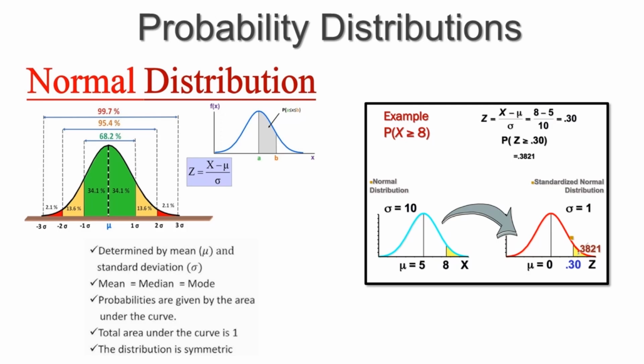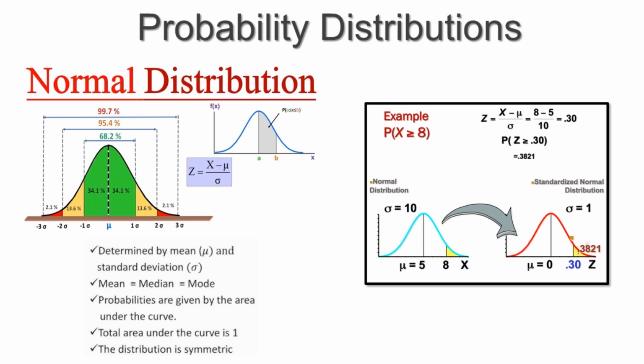Next, normal distribution. Normal distribution is a symmetric distribution. They will give the data point only, like probability of x greater than 8. The data point they will give, you have to convert using the formula. You have to find the z value. Z is x minus mu by sigma. X is the data point, mu is the mean, and sigma is the standard deviation. Don't confuse this formula with the inferential statistics formula, the T statistic formula. Mostly you are missing this and writing the wrong formula there. So remember properly, this is for the normal distribution, and the T statistic is a different formula.